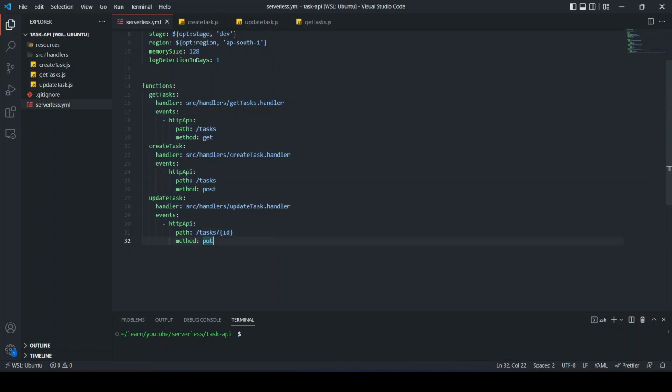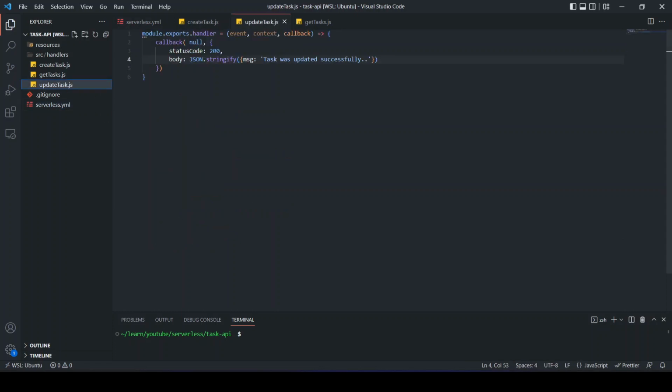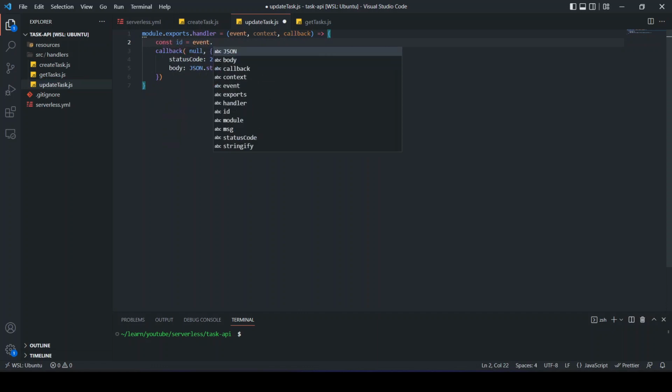What we will do is go to the update task method and grab this ID that is passed as part of the URL. In order to do that, we can grab that ID as part of the event.path parameters